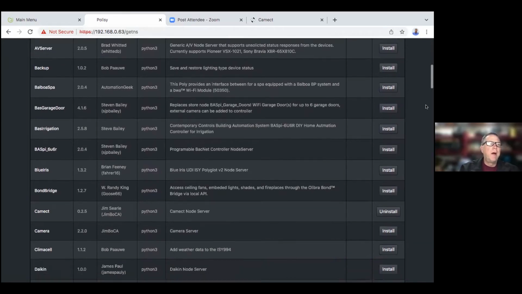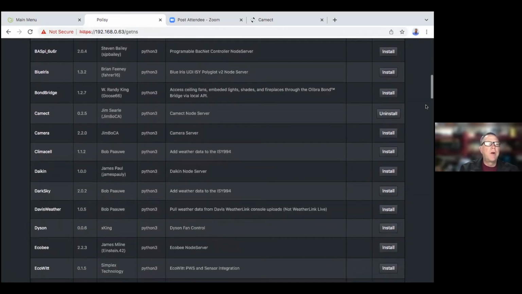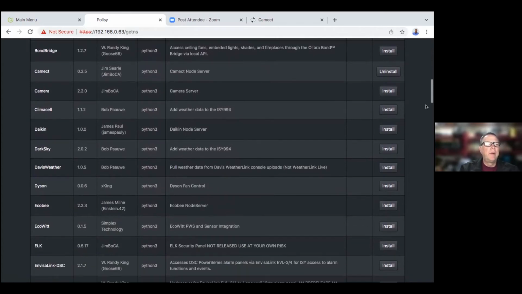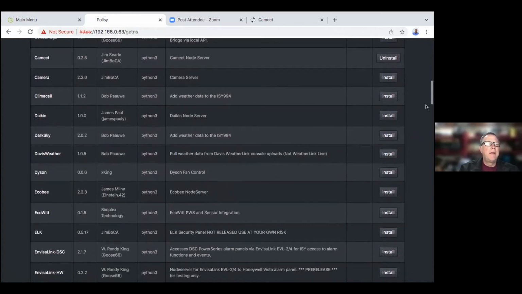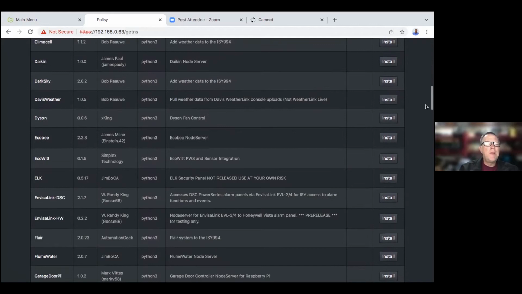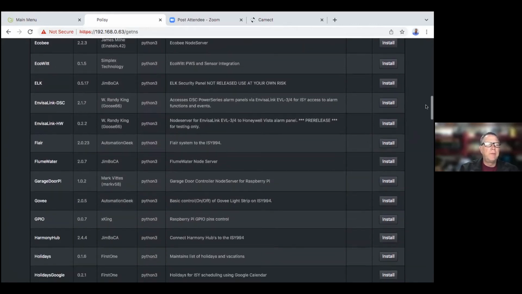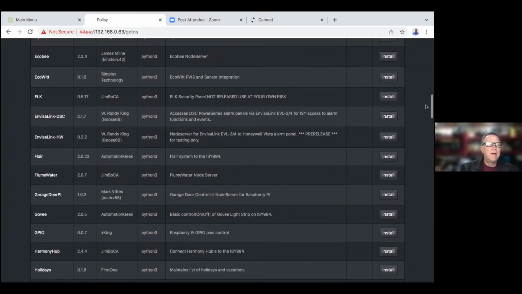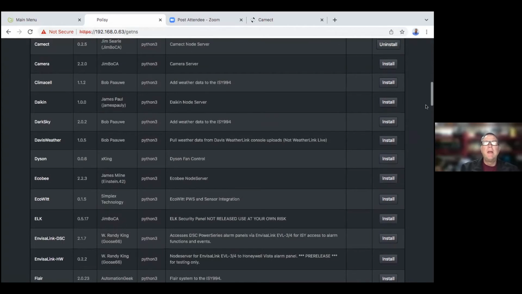Balboa Pool Spa, certain garage door openers, Blue Iris, Camect, Ecobee thermostats, Elk alarm systems, Tesla's in here. There's all sorts of things. Even the Harmony interface, which can do IR commands. So you can walk into a room and have the TV turn on if it's after a certain time. Maybe you've got a favorite show that you want to watch. It sees that you walked into the room, automatically turns the TV on for you, and it can set the